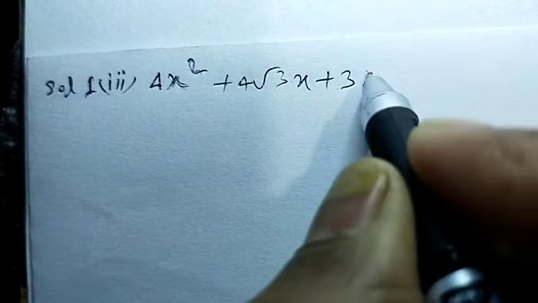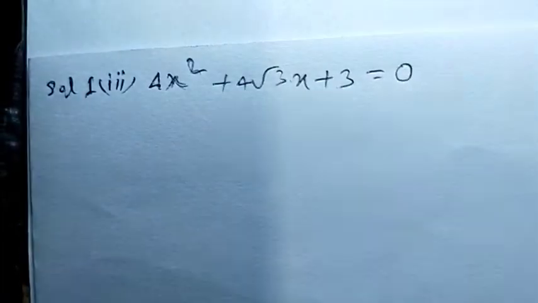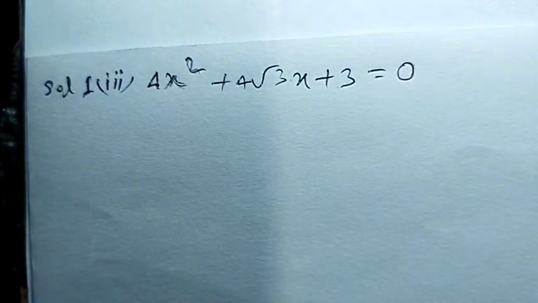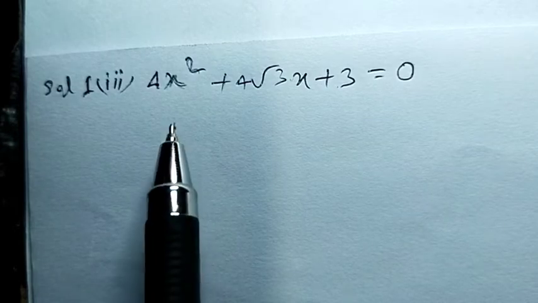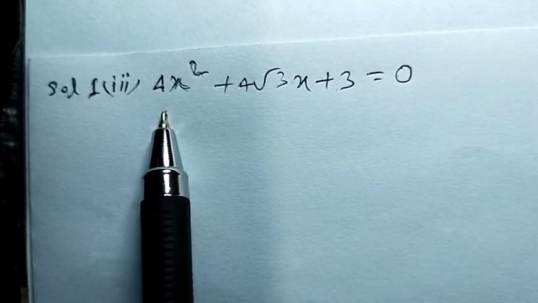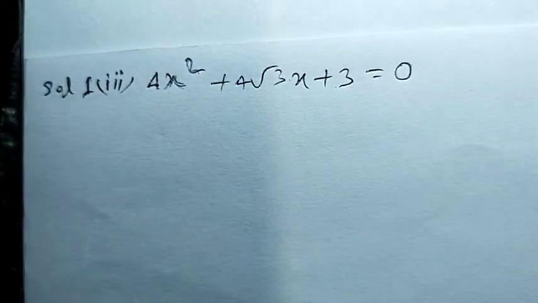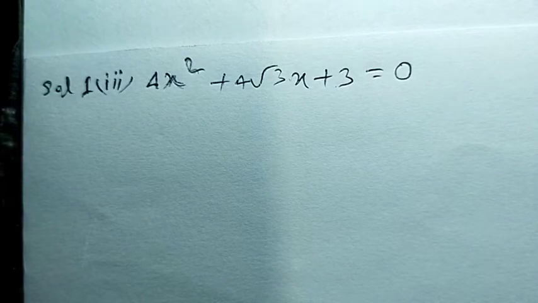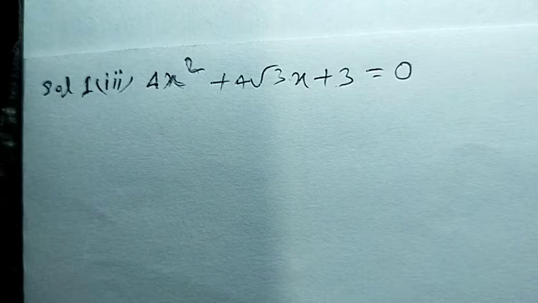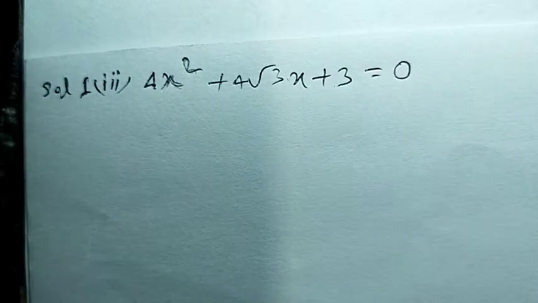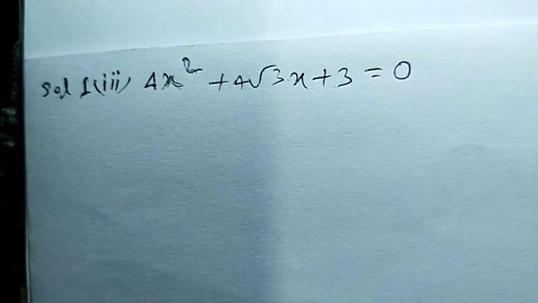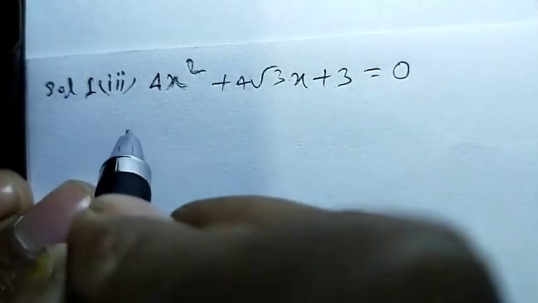Now in this question, the 4 is a perfect square, so we cannot divide by any number in this equation. So directly we have to write, implies